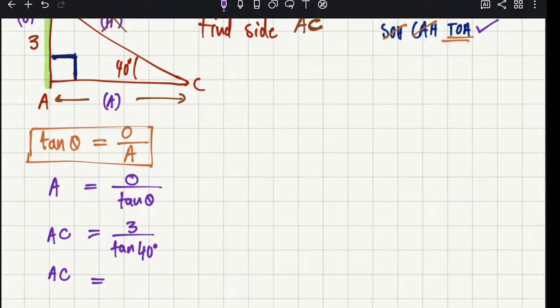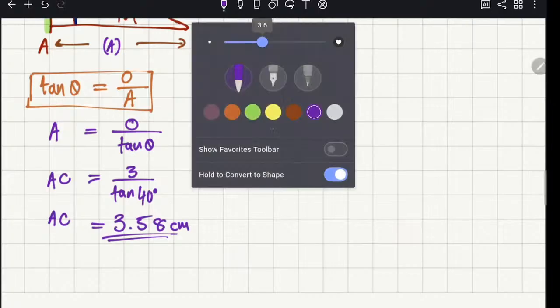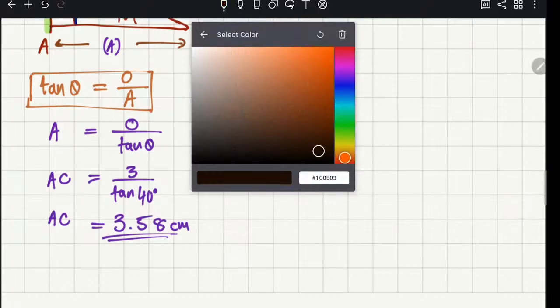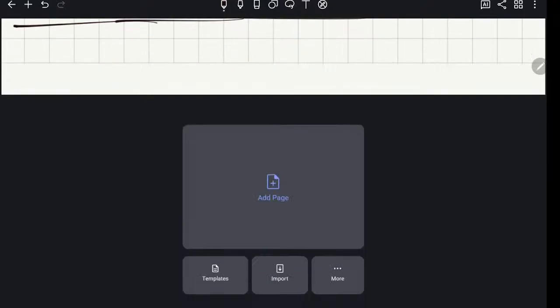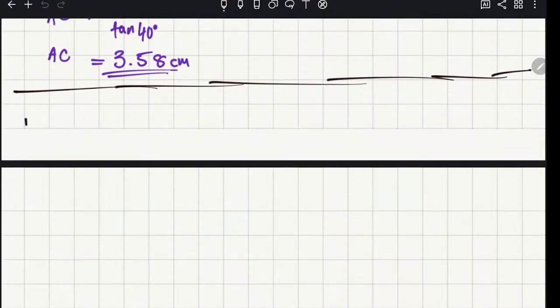Oh, 3.575. Good. Which you can put as 3.58 centimeters, if it's centimeters, or whatever. So this one is 3.58 centimeters. We are done with right-angled triangles. We don't fear them. There's no way we can fear them. Triangles, you are nothing. We don't fear you. We go to the third section, students,